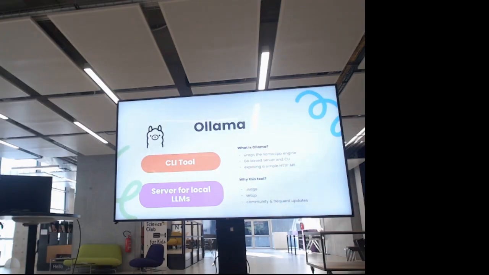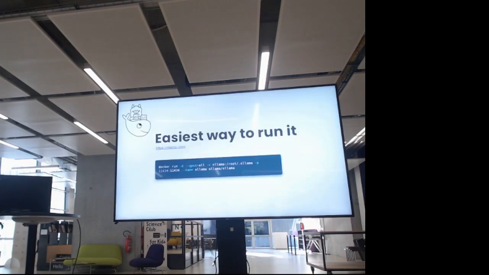The models are frequently updated, you can download them very fast, and it's also very, very simple to install. You can also install it via Python or whatever you like, but I think Docker is the best way. It's just one command and you have it running on your local machine. This is the command, so whoever wants to try it out afterwards, looking at the slides,